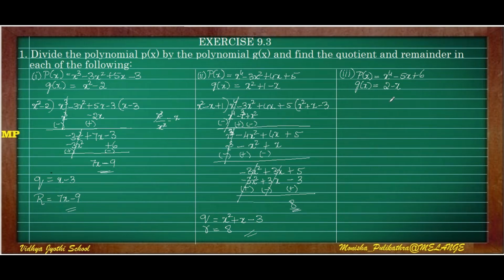Next, moving on to the third question. In the first main question there are 3 sub questions. So next one is here, minus x plus 2 is the divisor. In x4, the power of 3 is not there. If it is not there, we can include plus 0x cube plus 0x square and then minus 5x and plus 6. So minus x square to become minus x4, then we have to take minus x cube.